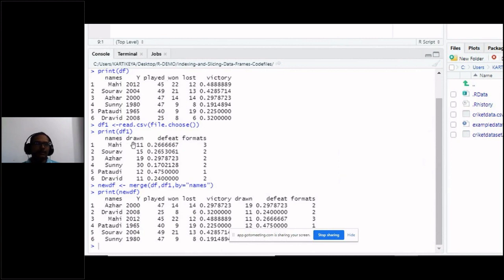In this particular case, drawn, defeat, format. So by names we are adding these two data frames. So when you use the merge command, by names, the name column will be same, but these two data columns are combined together. That is the use of your merge command. So if you want to merge two data sets, you can do that.